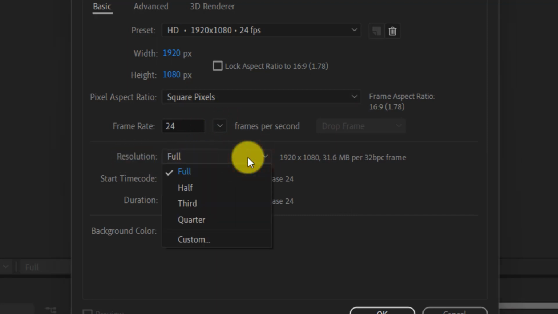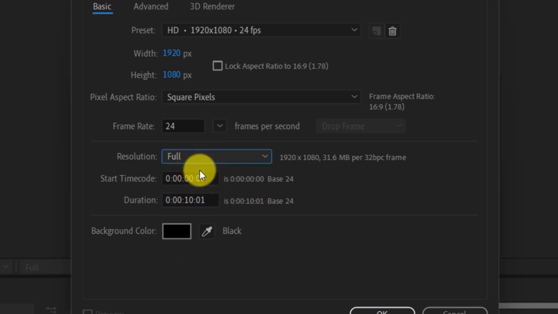Now this can be changed from time to time while you're working, so it doesn't really matter. I'll leave it on full. And now to a very important thing, the duration. This is something you don't see in a video editing software. You have to set the duration